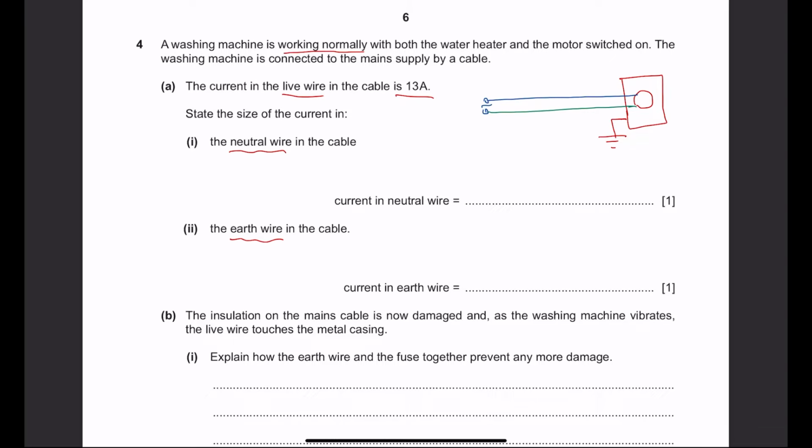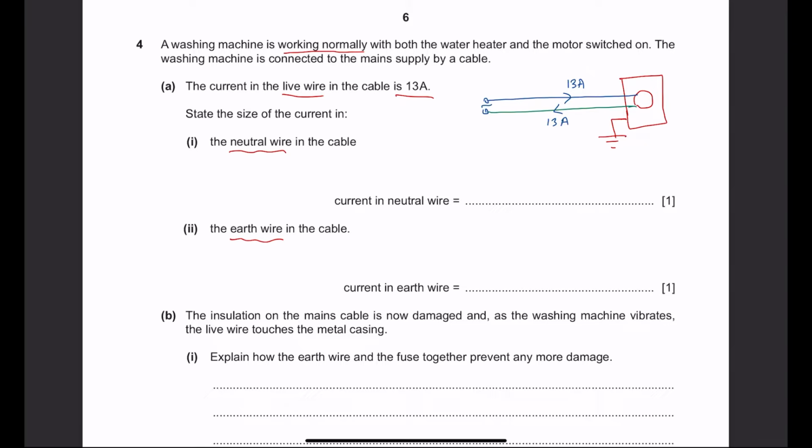Now, when the machine is working normally, where is the current supposed to go? The current is simply supposed to go to the motor and the heater from the live wire, and it's going to go back through the neutral wire. The earth wire is not being used at the moment because it is only connected to the metal body. It's not connected to the working components, and